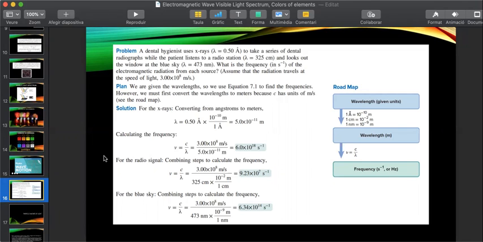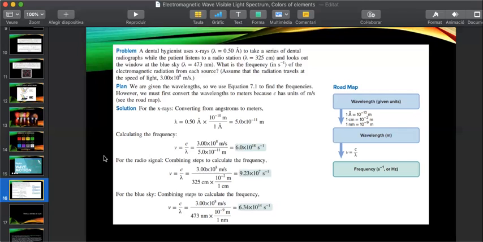The lambda is going to be 473 nanometers. What is the frequency, in hertz or inverse seconds, of the electromagnetic radiation from each source? Assume that the radiation travels at the speed of light, 3 × 10⁸ meters per second. Okay, so